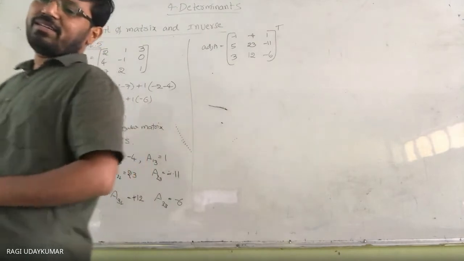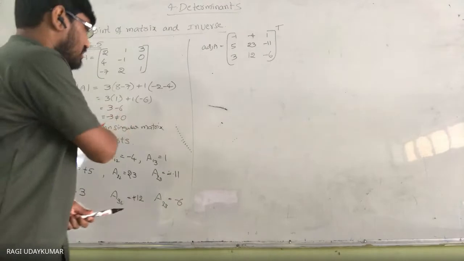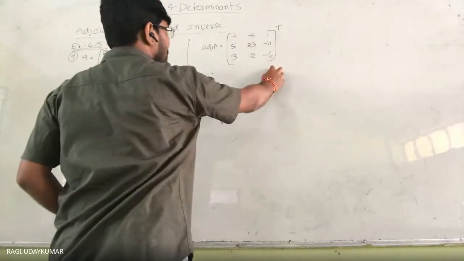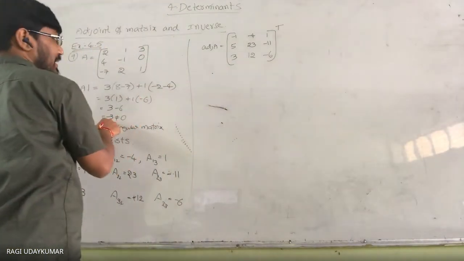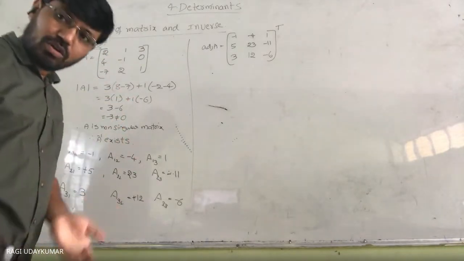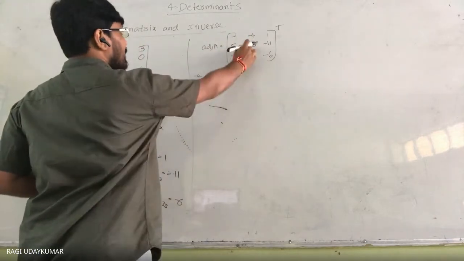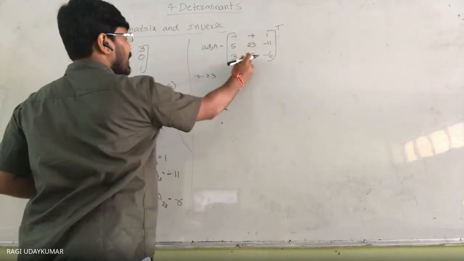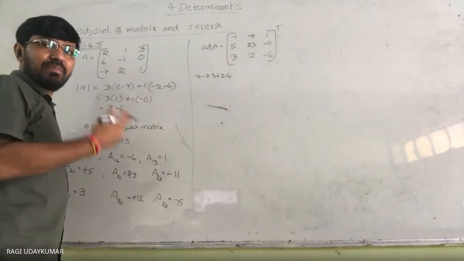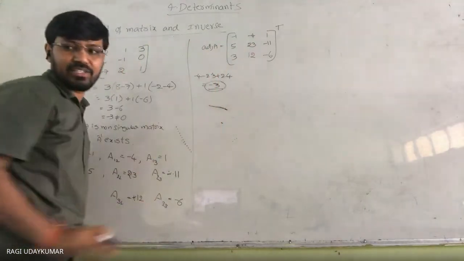To check whether this is right or not, there is one more thing you can do. Can anyone check? We need to check whether these values came right, because sometimes we may commit a mistake. Now see here, if you multiply this with this, we get minus 3. This with this you multiply, we should get minus 3 only. That is also called the determinant of the matrix. Multiply this with this, minus 4, this with this minus 23, this with this plus 24. What do we get? Minus 27 plus 24, minus 3. Yes, it is right. It means these values are right.